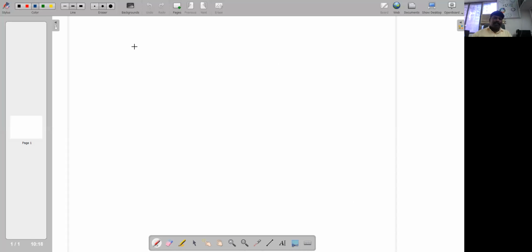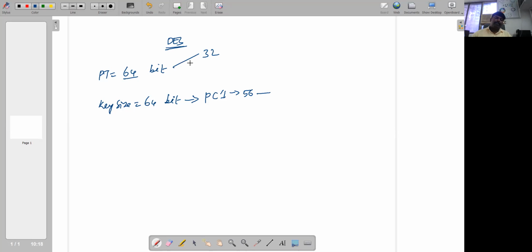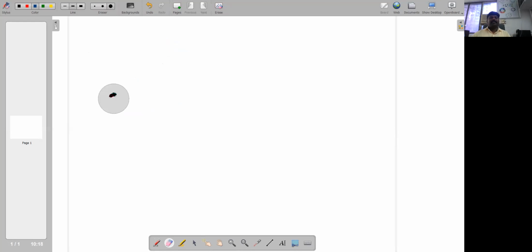Okay. So there are certain factors you need to remember when it comes to DES. What is the size of the plain text? 64-bit. And then the key size, which is also 64-bit, and using permuted choice 1 this will be converted into 56.